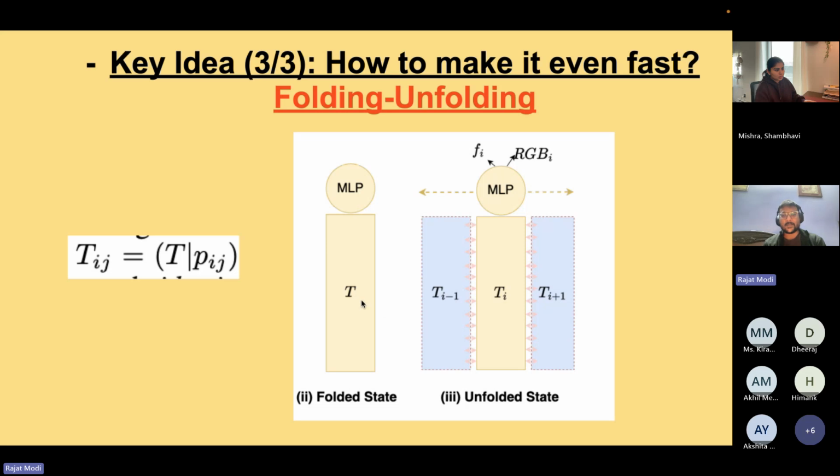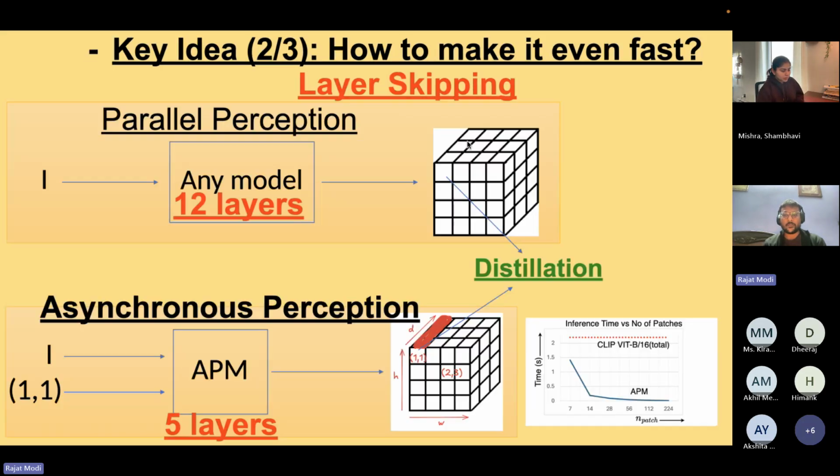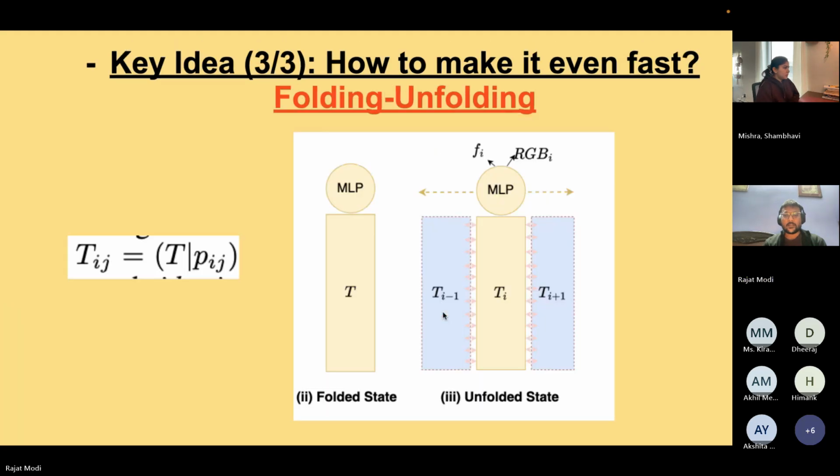The way it works is there will be one of such columns, t minus 1, let's say for location 1, comma 1. The MLP will look at that column and predict the red colored vector for that location, which I showed in this figure. Now if you have 100 such locations, the MLP is shared across all of them. And for each location, it's predicting the feature vector and the RGB value at that location.